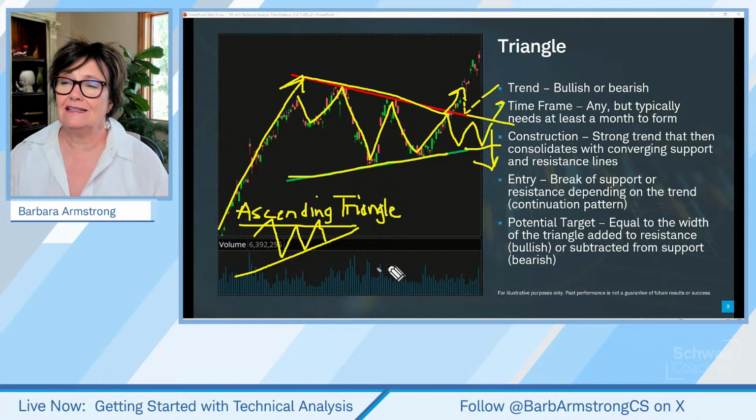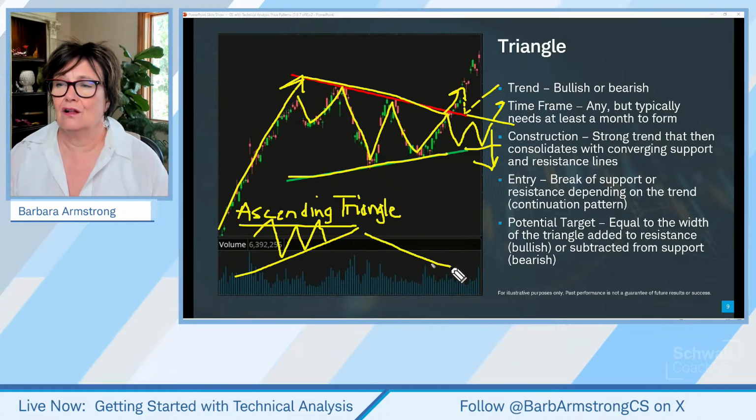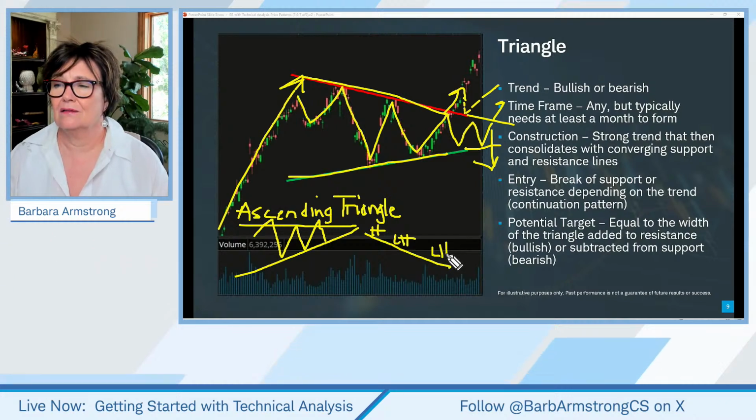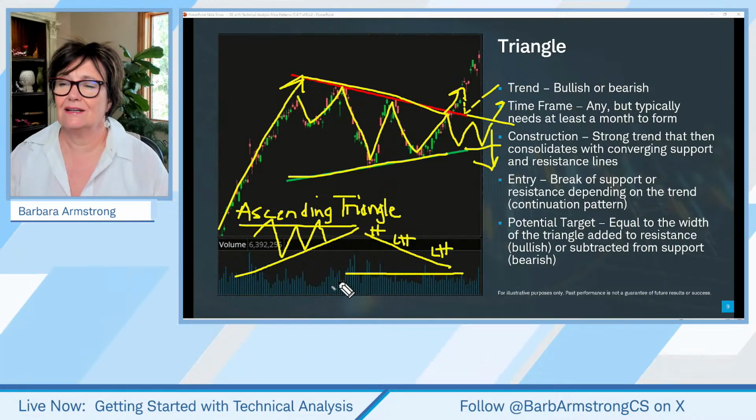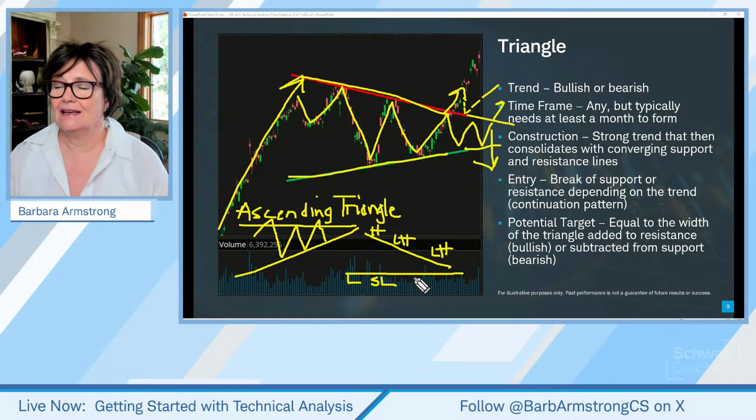Now, some people might say, well, I think that the trend is strong or the market is strong or whatever. Now, a descending triangle occurs where you have lower highs. So you have a high here, a lower high, and a lower high. But on the bottom, we've got similar lows. So we have a low, and then a similar low, and a similar low, and a similar low.